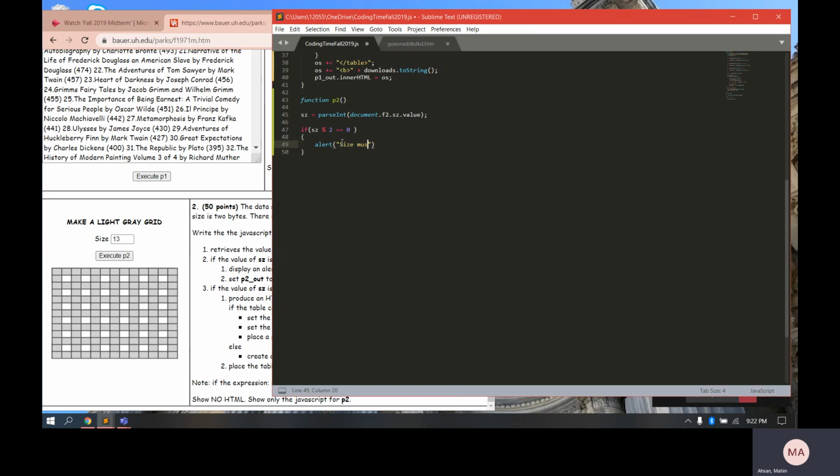Size must be odd. And then we set it to an empty string. So we're going to do p2_out.innerHTML is equal to an empty string. So that's all you have to do if this holds true. And then if it doesn't hold true, then that means that the number is odd, and we can go on